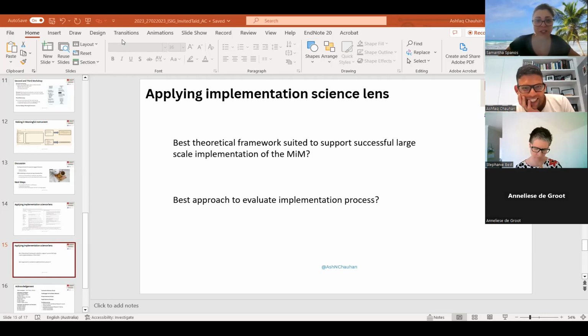So we have one question from Joe. Where are you hoping to implement, and with which healthcare professionals: GPs, pharmacy, hospital? So this is in cancer services, in outpatient as well as inpatient. This is one cancer service in New South Wales. The MIM can be used at the end of the appointment with the discharge.